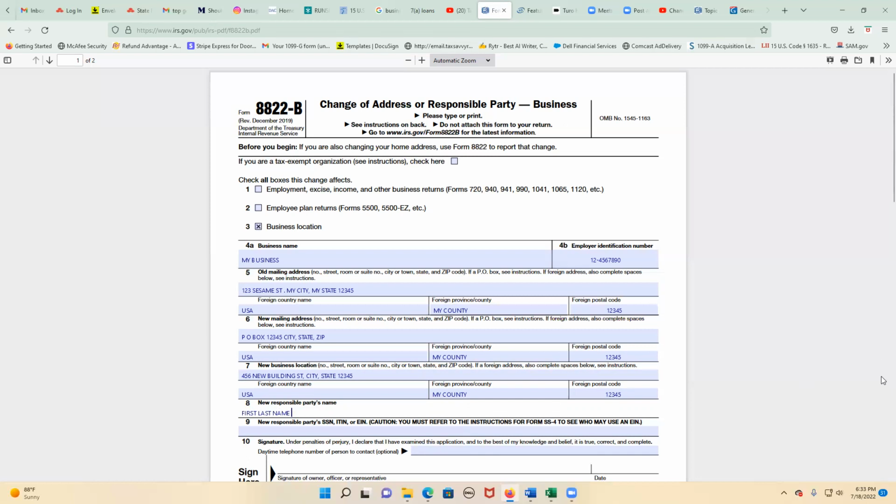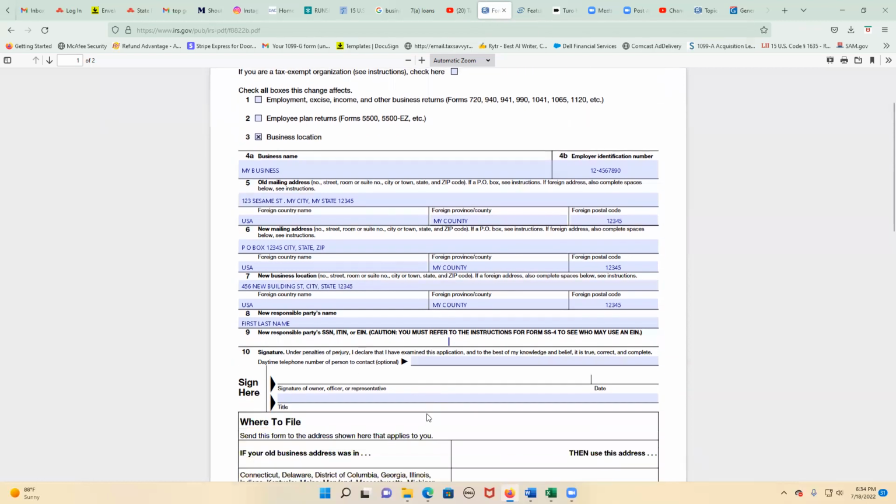All right. And then the new responsible party, social security number, EIN, or anything like that. So you can put the business name, social or EIN, and then you want to sign. You want to put a phone number. I'm sorry, 10 is your phone number and the signature. So I always put a phone number there just in case they need to call me just to verify if everything is right. Okay. You're going to print it out and sign,